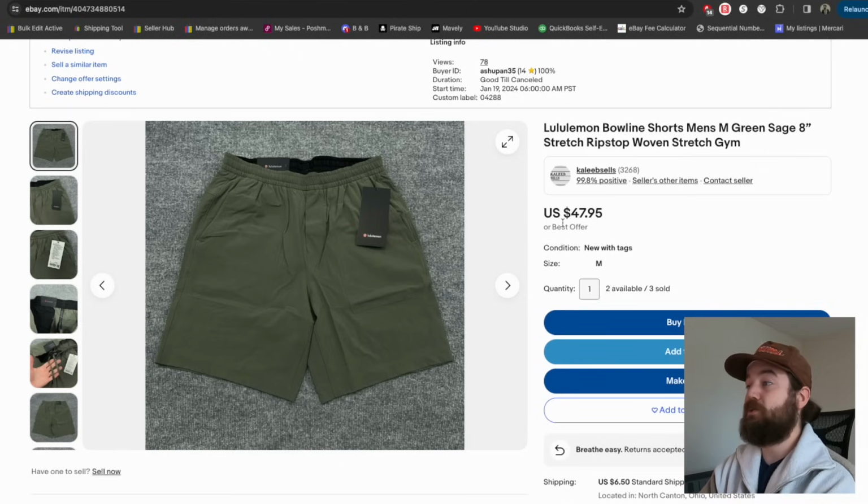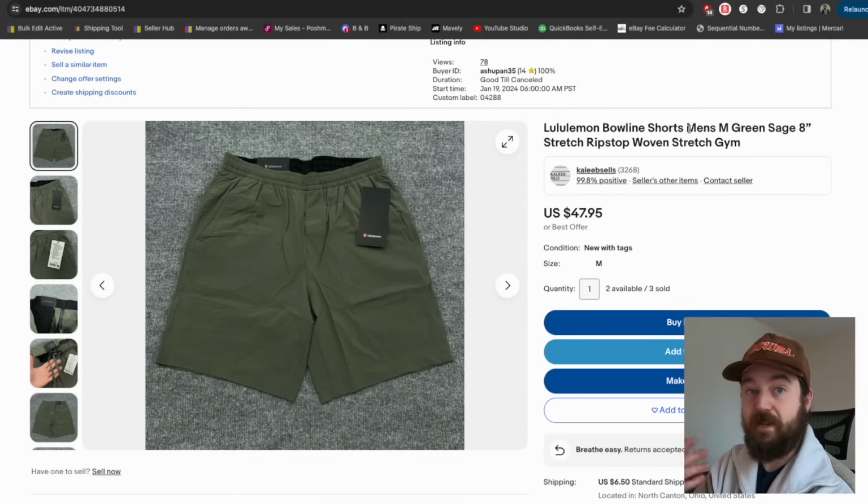This next item are some Lululemon Bowline shorts. I actually got these on the Lululemon website for $19. When I looked it up, I thought that this might be a good flip, and it was. They were selling quickly for anywhere from $40 to $50. So I actually bought 5 pairs of all of the colors that they had available in the good sizes that were left. I didn't buy any smalls, and I didn't buy any like 3Xs, but I think there were some